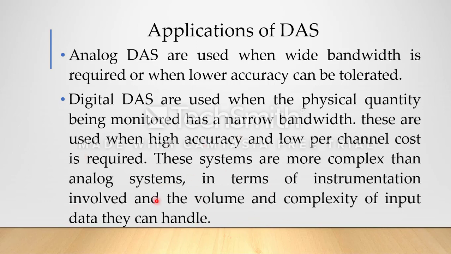So we need a lot of circuitry to get very clear data from the sensors. Since I said there may be noise in the sensor output, that has to be reduced. Then once it is reduced, sample and hold circuits have to be used to get the digital output. The sampling rate should be very high to get a very accurate signal. So that all comes in the digital DAS, data acquisition system.